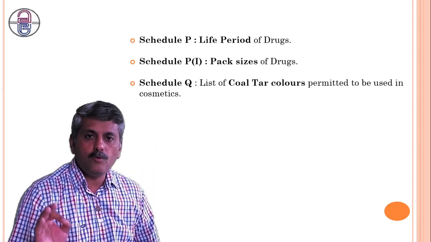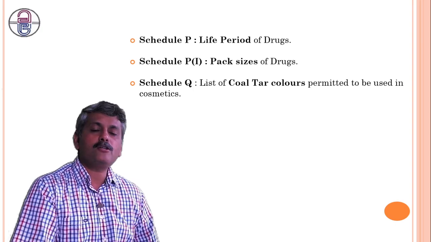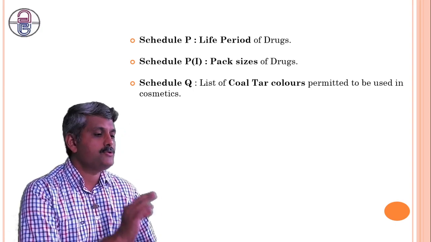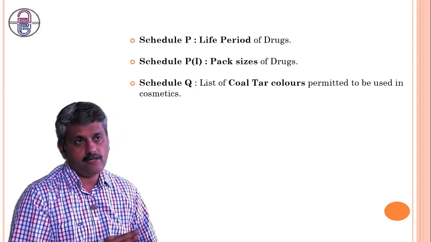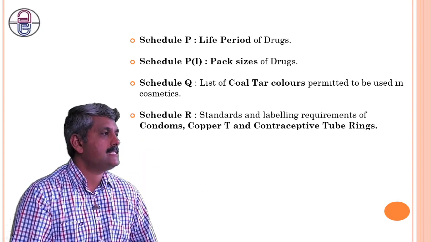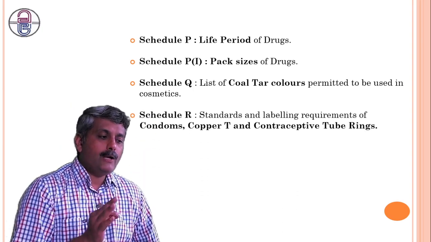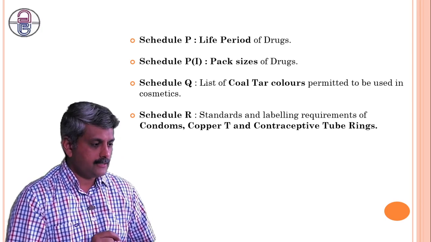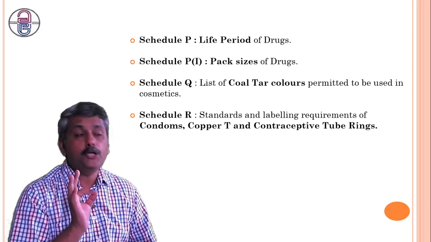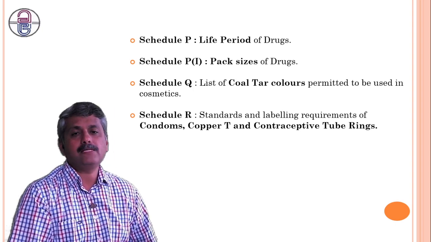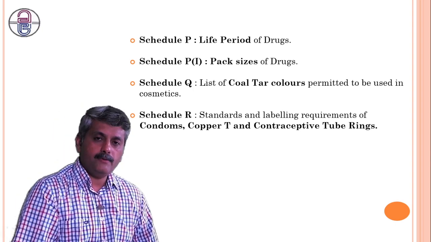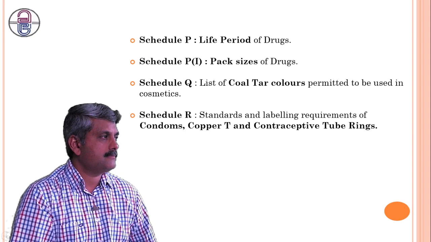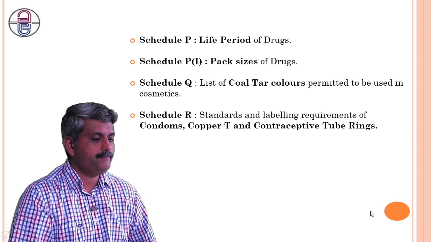Next, schedule Q. That is the list of the coal tar colors which could be used in cosmetics. So in cosmetics, we could prefer them. Next one is schedule R. That is the standard labeling required for condoms, as well as some copper T, as well as some contraceptives. So all these are the things which are related with the